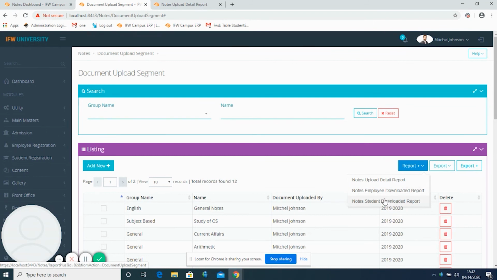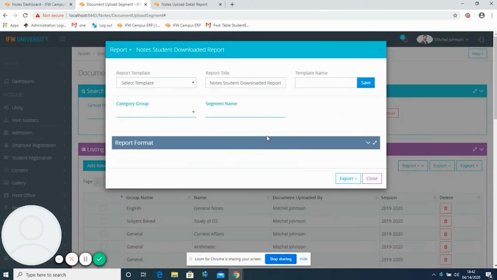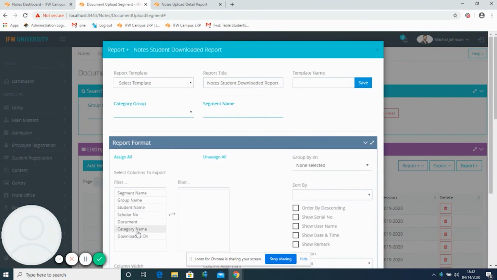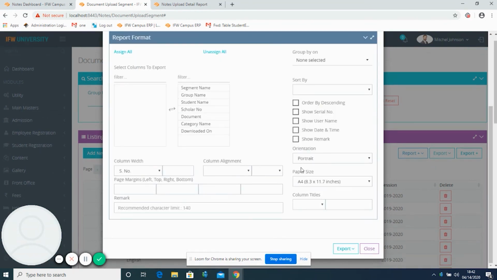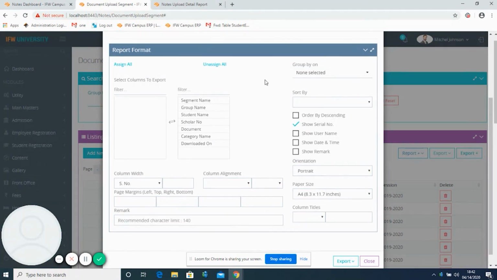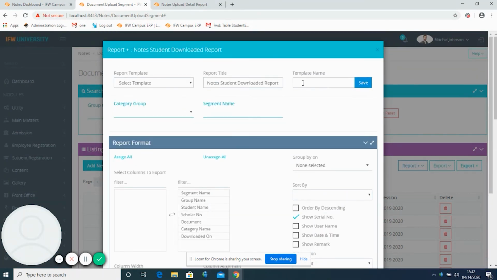Let's check one of the reports. You can select the required fields, or else you can select all the fields. You can use the options given here like serial numbers, sort by or group by options. You can use these options. As it was shown earlier, you can also save your reports by giving a template name